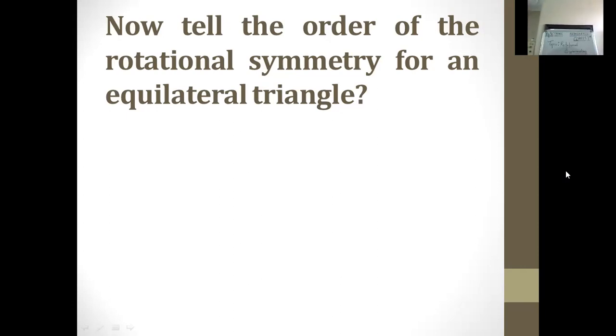Let me draw here if you have forgot that. Equilateral triangle is a triangle which is having all the sides equal to each other. So we can say that this side is equal to this one, this side is equal to this one. So it is an equilateral triangle. Now if I am moving this equilateral triangle, I am rotating it. What do you think? What is happening after rotating?